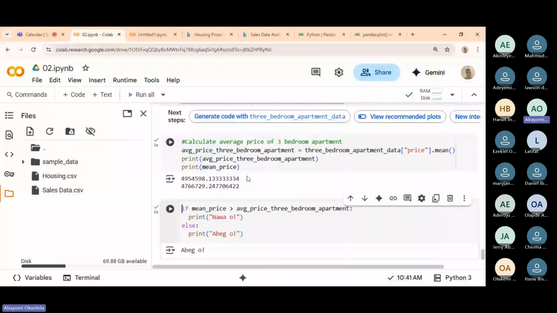So if the mean price is the normal average of the whole, when we have 4-bedroom, 5-bedroom, 3-bedroom, 2-bedroom, 1-bedroom, and 6-bedroom also, we had the mean price as this one. But you can see now that we extracted just 3 bedrooms